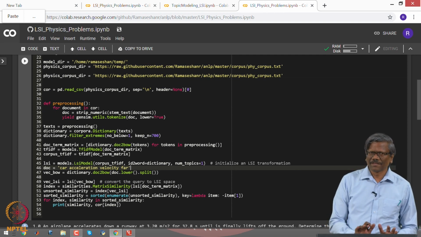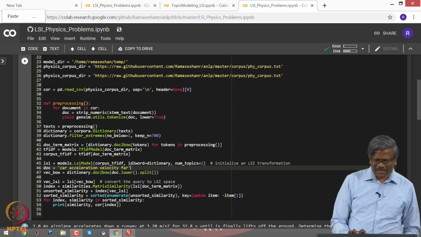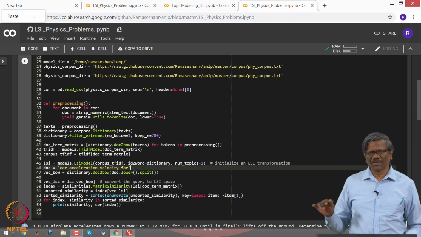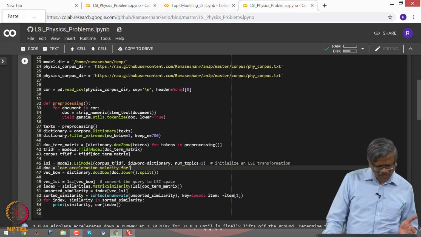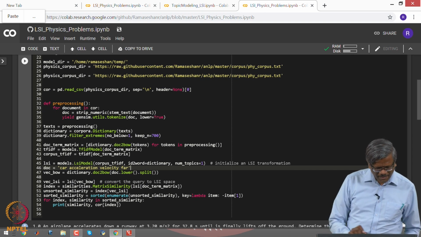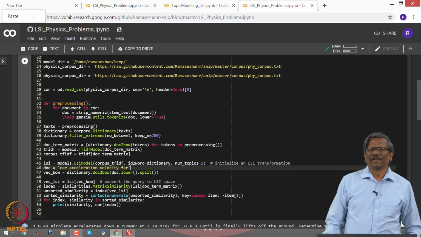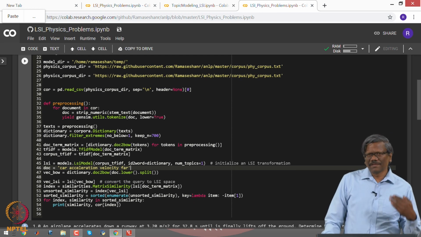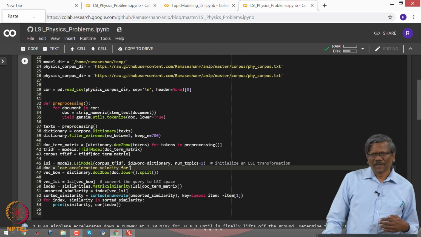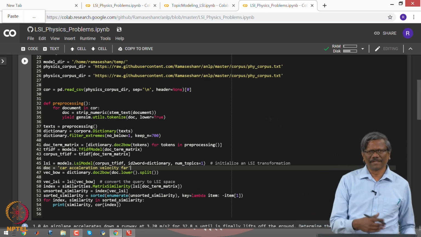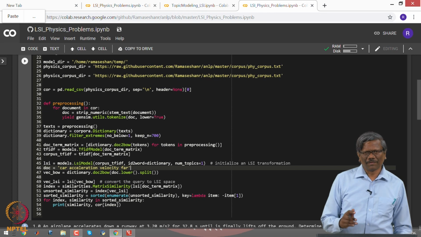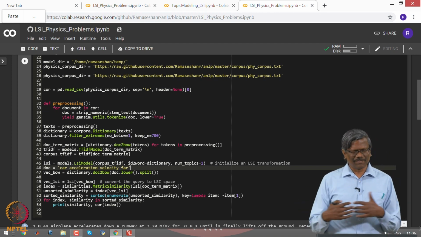So, in this case what I am also doing is, instead of classifying the document, I am going to use the query function. I am going to have 3 or 4 query parameters. In this case I have 4, and then query the transform domain and finally get the values in the domain that we are dealing with, to find out what documents are retrieved based on the query.